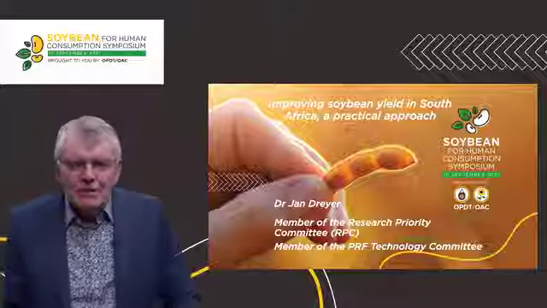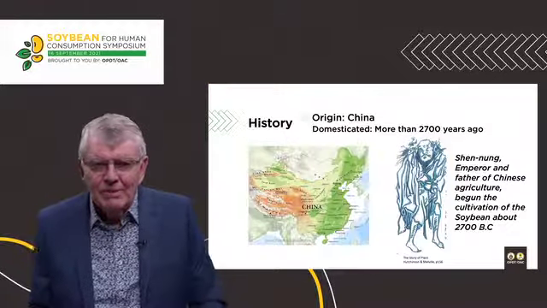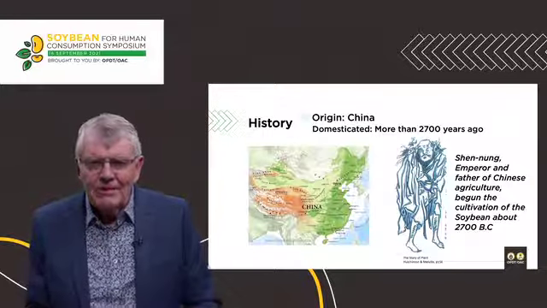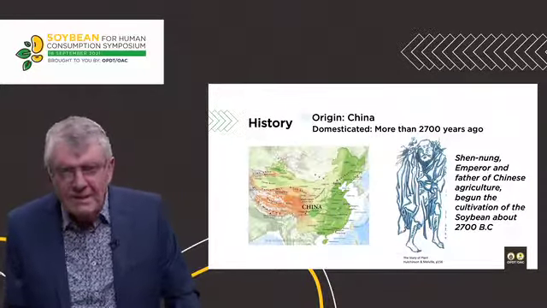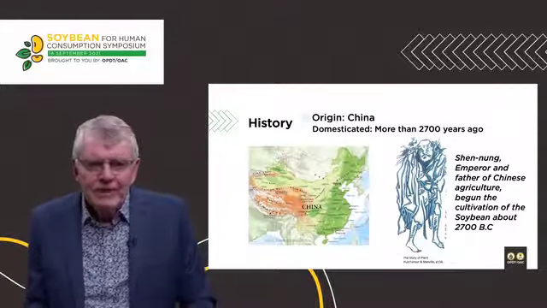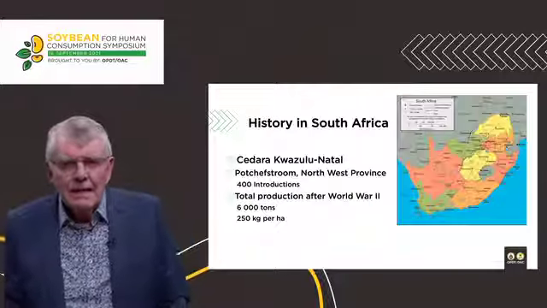The story of soybeans started way back, according to some sources, 2,700 years back. And if you look at the gentleman to your right-hand side, he was apparently the emperor that was the father of Chinese agriculture. But this immigrant reaches us from China. As you can see on your left-hand side, China, and then it reaches South Africa in